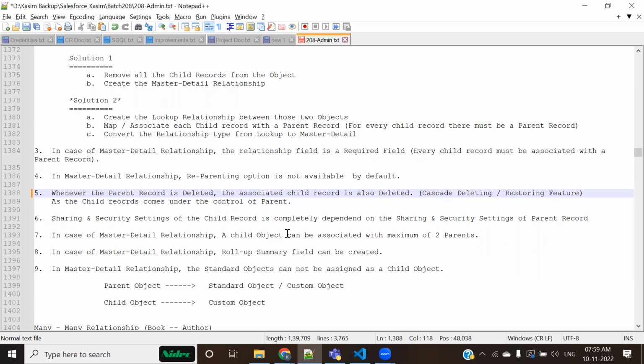The next point, we are going to learn in the security part, but it should be discussed here. In a lookup relationship, child and parent both have individual sharing settings and individual security settings. But in a master detail relationship, and this is an important point, understand: whatever sharing and security settings you have created for the parent are automatically applicable to the child as well.